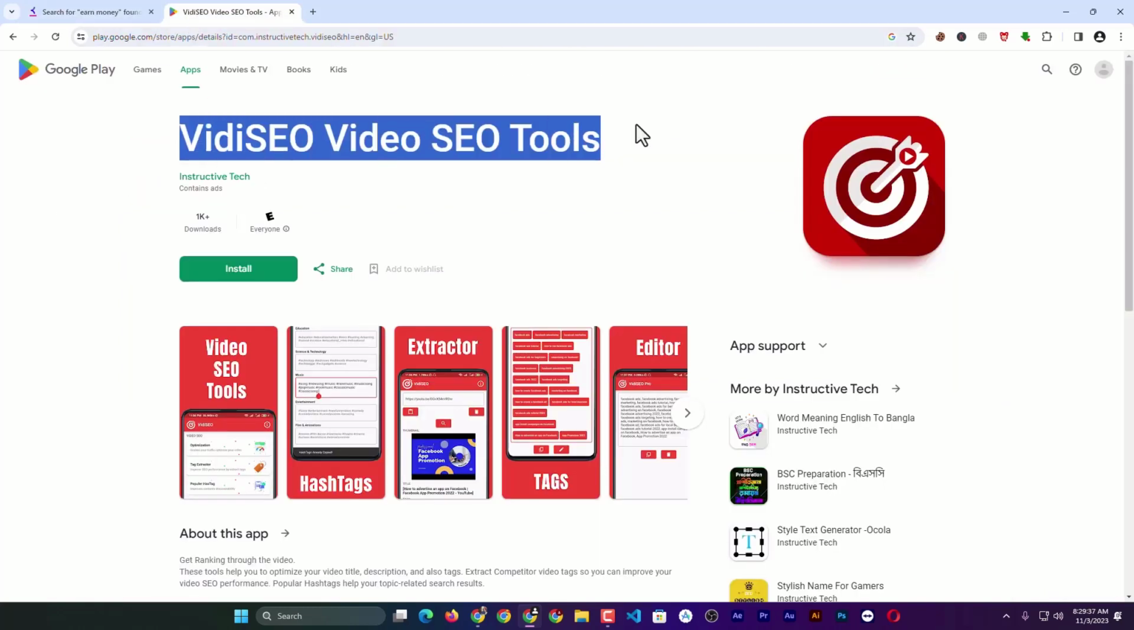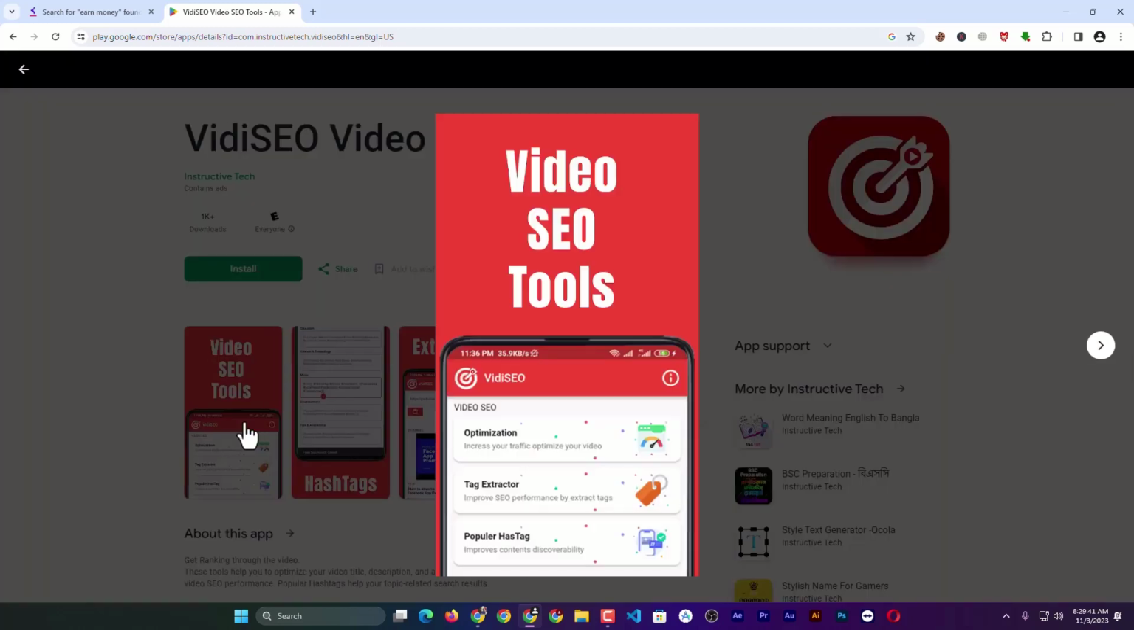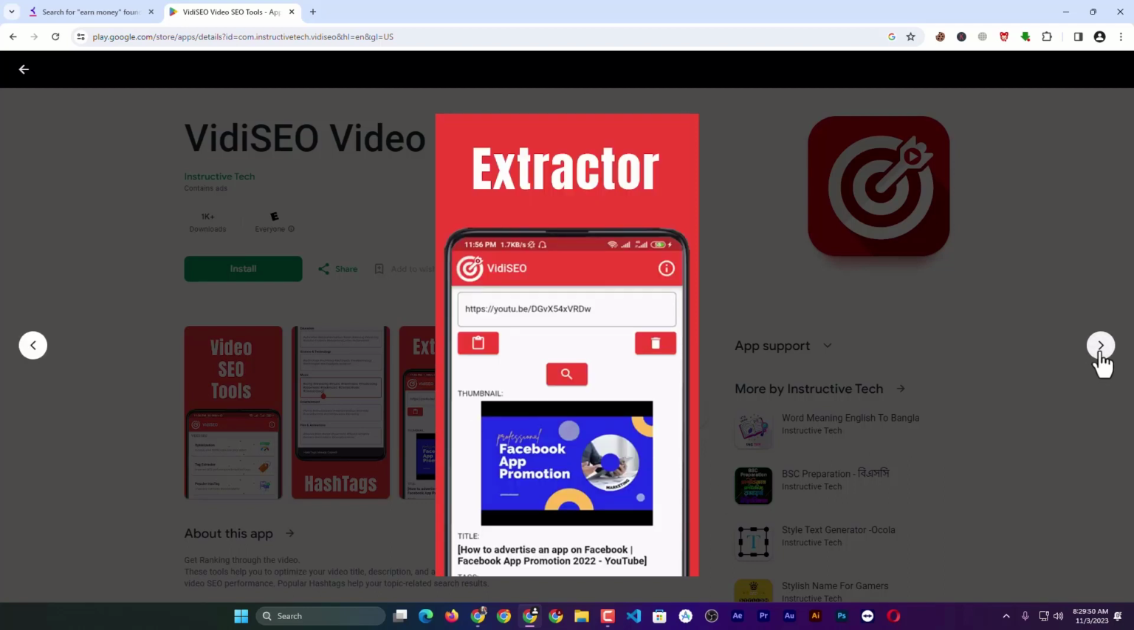So another method: how can you do keyword research easily from your competitor. This app is already on the Play Store. This app has only one function that I like, the tag extractor. So if you target a competitor, your video competitor, just paste your competitor's video here, and